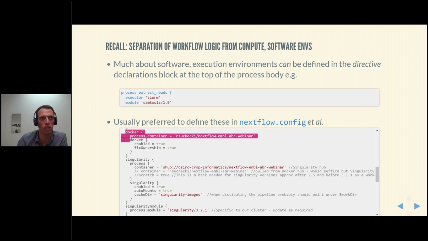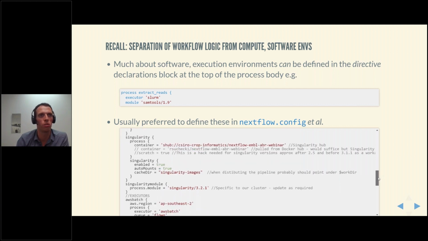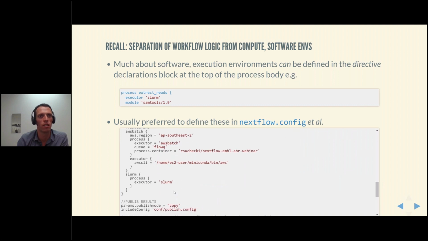You can have a Docker or a Singularity one as well, similarly, and you can use a combination of the two, because you can have profiles that are, like in this case, a Singularity profile, and you might want to use it alongside a Slurm profile to run your pipeline on the cluster using Singularity for the software environment.